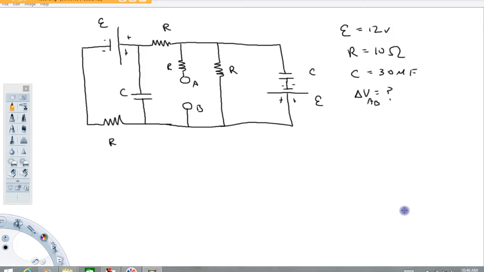I'm making this video to help demonstrate how to use basic principles of DC circuits to calculate potential differences between 2 points in a circuit. So what we're looking at is this circuit that I've made up here, and we're going to imagine we've got